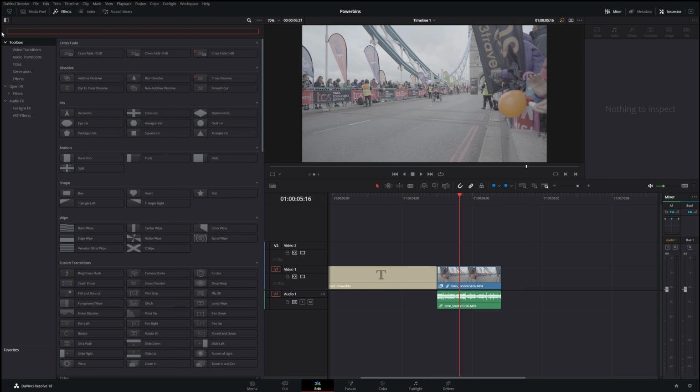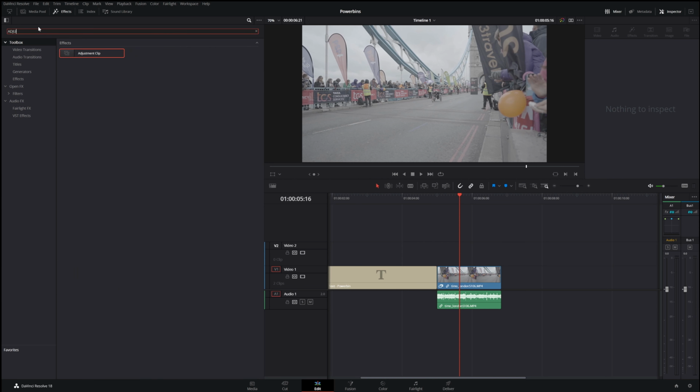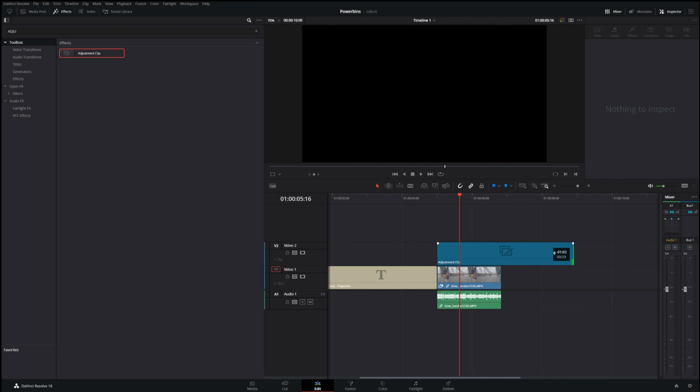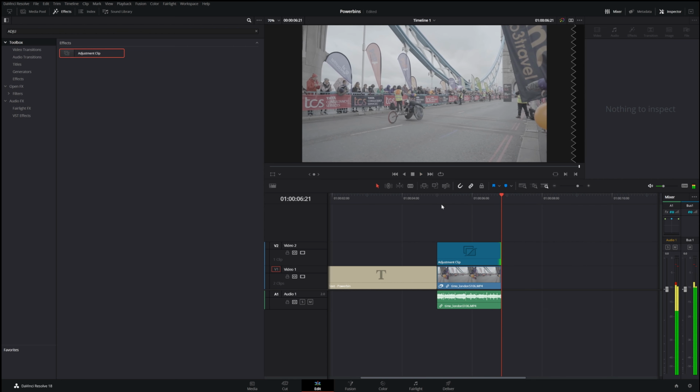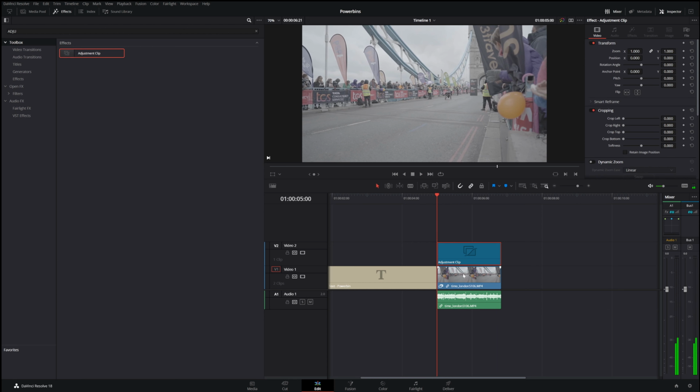Alright, another cool thing that you can save in your PowerBins are effects. Let's create a really simple effect. You go to your effects up here, you type in adjustment layer, and here you see an adjustment clip. You grab this adjustment clip, put it above your video clip, and right up here, let's say we want to do a small zoom in. We're gonna select the adjustment clip, make a key point right up here. We zoom it in